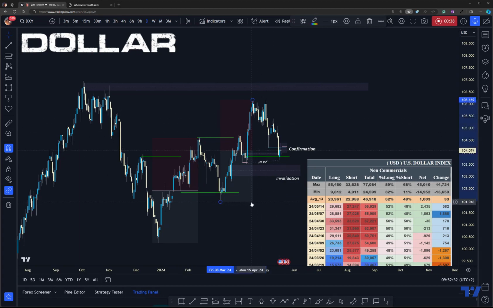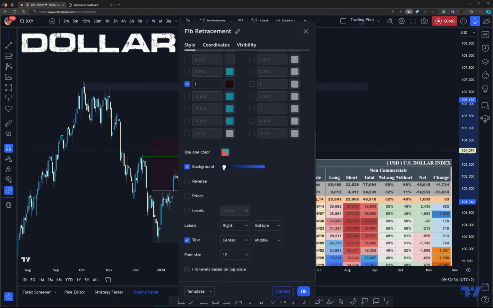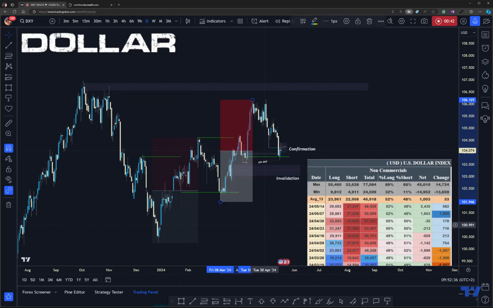So if we place the dealing range, and I will highlight it a little bit in here so you can see the colors, we can see that it always brings this pullback below the liquidity, below the 50%, which is in the discount. The liquidity in the discount in this case is this one. So I do think that even though we are currently in this order block,